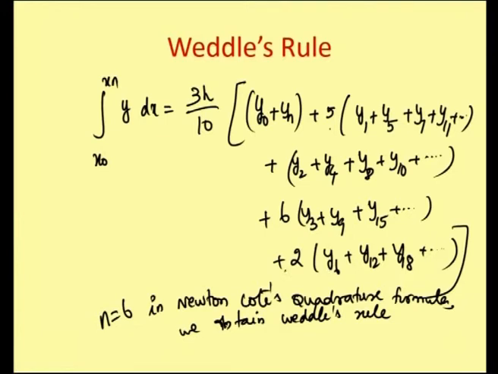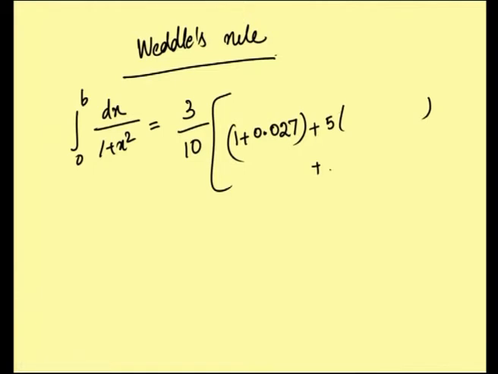Then 6 into y3 only can be available, and even coordinates, and then 5 times remaining. The 5 times remaining can be done afterwards, and this is for even coordinates, and 6 times. 2 times y6, y6 cannot be taken because y6 is the last coordinate, and 6 times y3, y3 is 0.1,